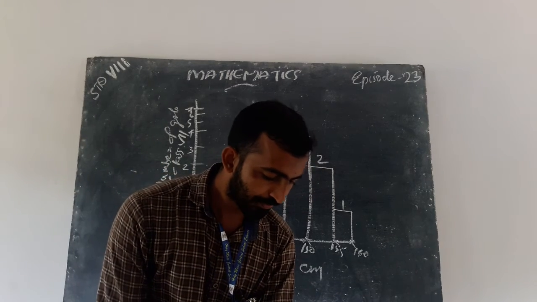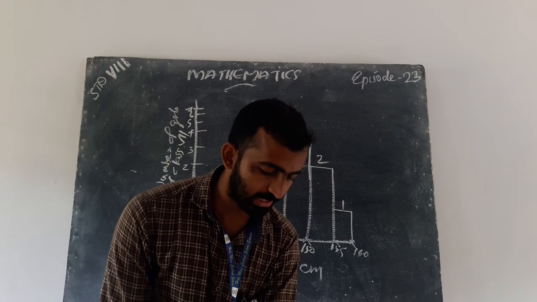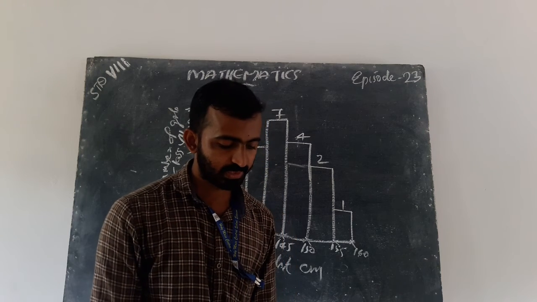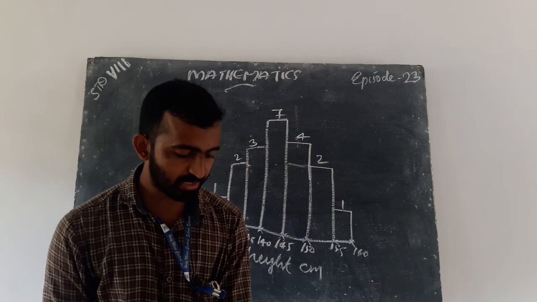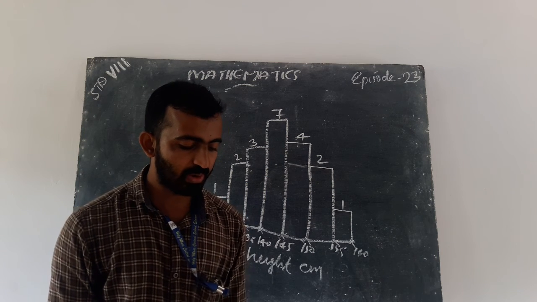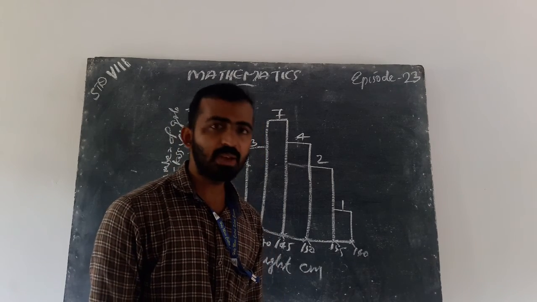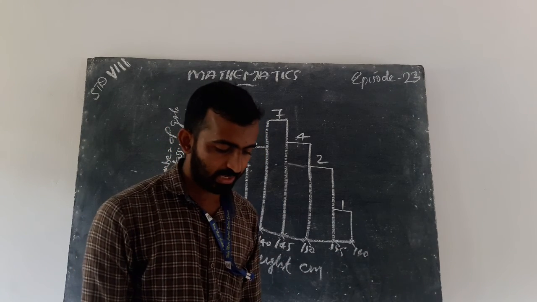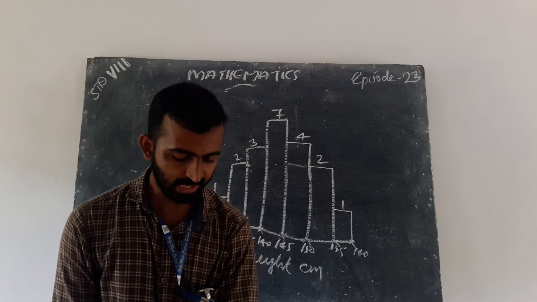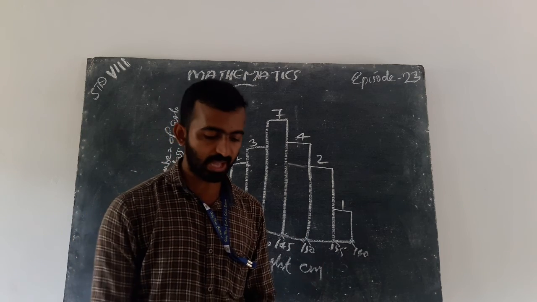And next question is, if we divide the girls into the following 3 categories, how many would there be in each? Group A is 150 centimeters and more, group B is 142 to less than 150 centimeters, and group C is less than 140 centimeters. What is the answer? That is for your homework. Just find the answers for that question.